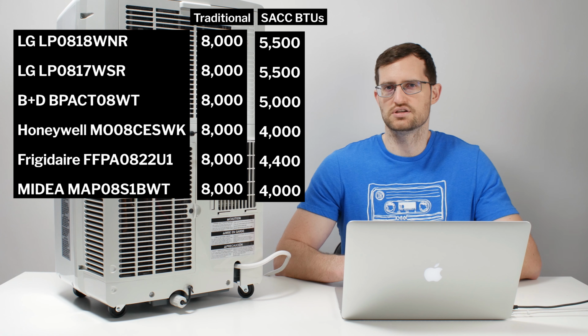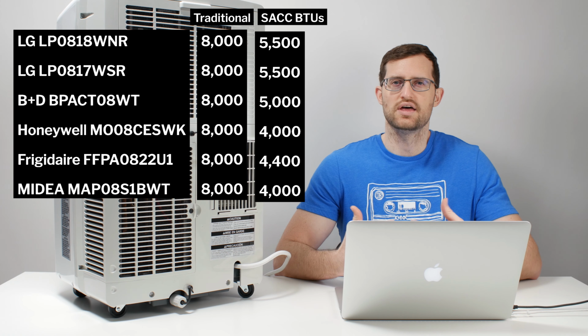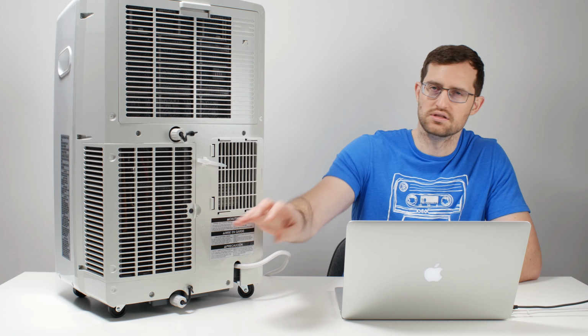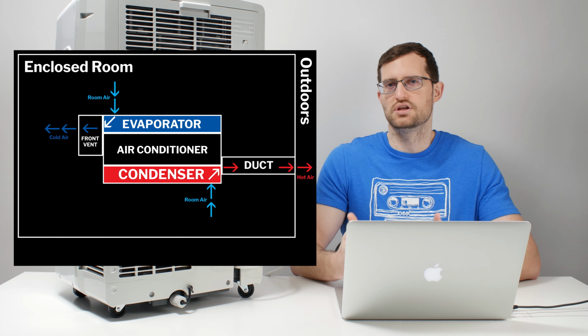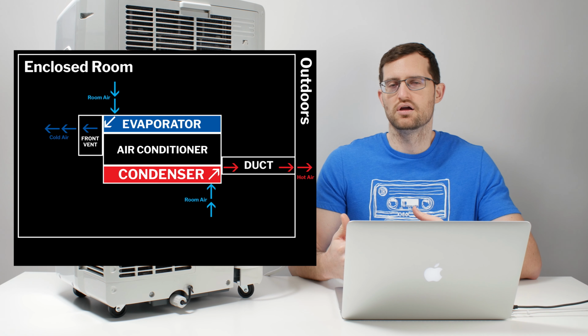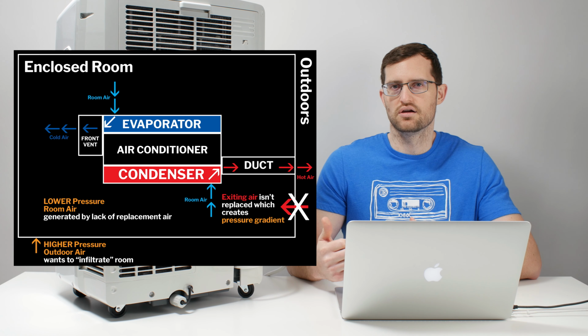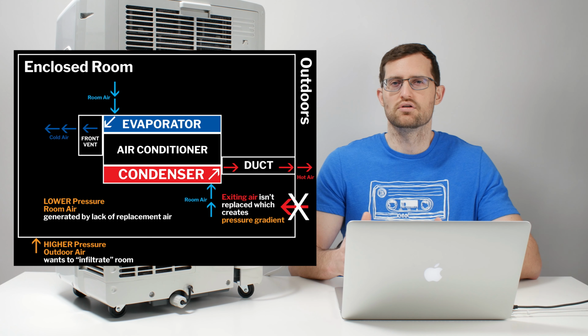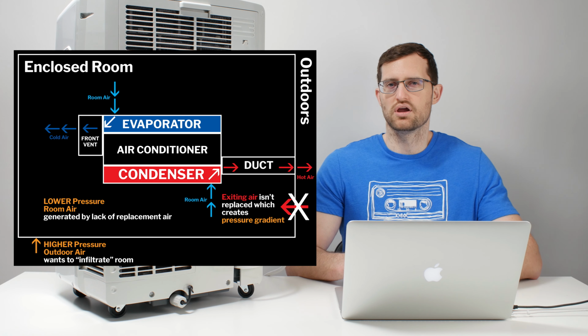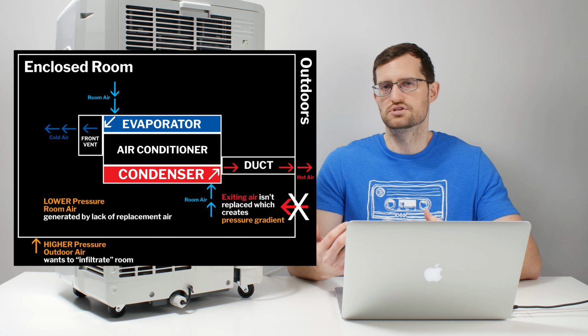Recently, a new method for testing portable air conditioners was released, and that new method involves accounting for two major portable air conditioner inefficiencies. The first inefficiency involves the fact that portable air conditioners remove air from a room without replacing it. Essentially, the condenser down here needs to be cooled down. It pulls in air to cool itself. As it pulls in that air, it never replaces that air, so the room itself becomes an area of low pressure. The outdoor air, by comparison, is at a higher pressure level, so that outdoor air is constantly getting pulled into the room through any air gaps it can find. And that contributes to the unit's inefficiency.